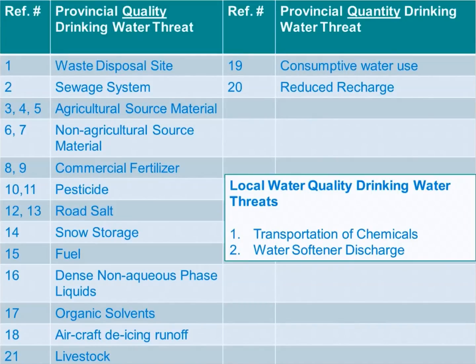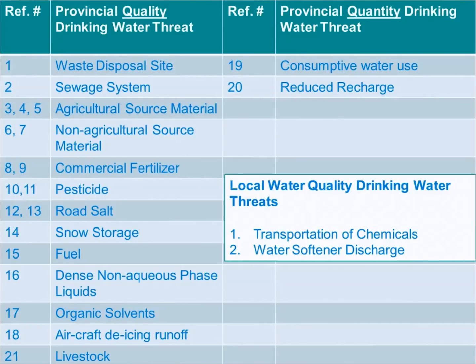Water quality threats identified by the province include the establishment, operation, or maintenance of a waste disposal site, the establishment, operation, or maintenance of a system that collects, stores, transmits, treats, or disposes of sewage, the application of agricultural source material to land, the storage of agricultural source material, the management of agricultural source material, the application of non-agricultural source material to land, the handling and storage of non-agricultural source material, the application of commercial fertilizer to land, the handling and storage of commercial fertilizer, the application of pesticide to land, the handling and storage of pesticide,